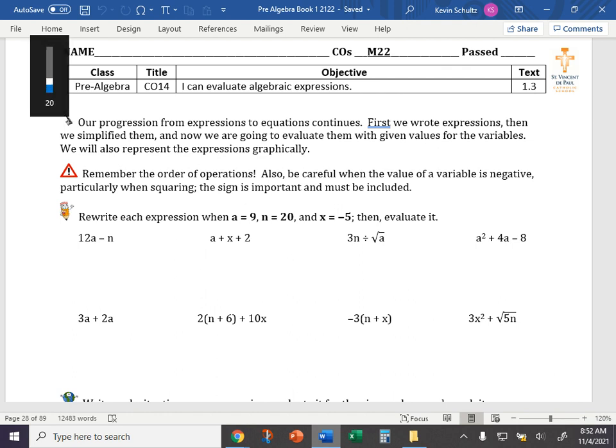All right. CO14, evaluating algebraic expressions. We defined that yesterday, a mathematical expression. Who can remind us? What is a mathematical expression? Abby. It's an equation, but it doesn't have like an answer. Well, so it's not an equation because it doesn't have